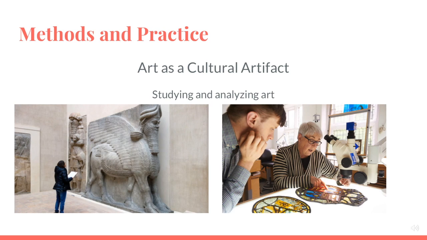The third is art as a cultural artifact. This helps historians analyze the cultural significance of the work of art. This is a way to understand the subject matter or meaning of an art piece. Historians and others can study the historical context of the art by comparing texts and other imagery from that period of time.